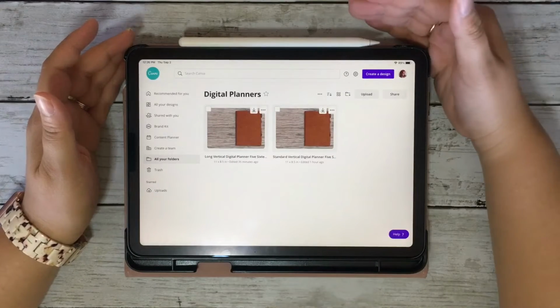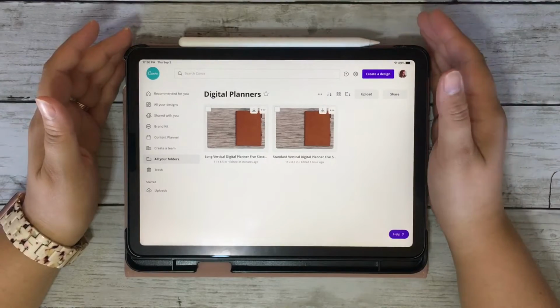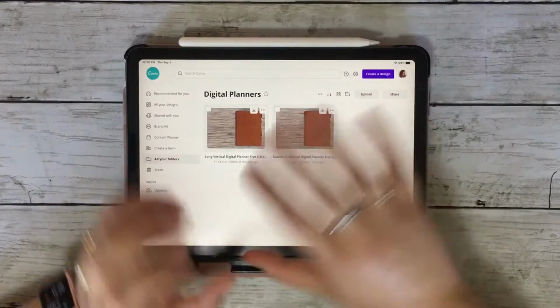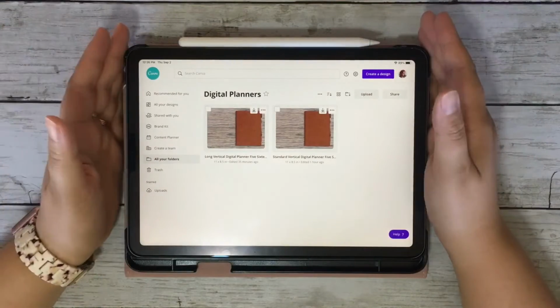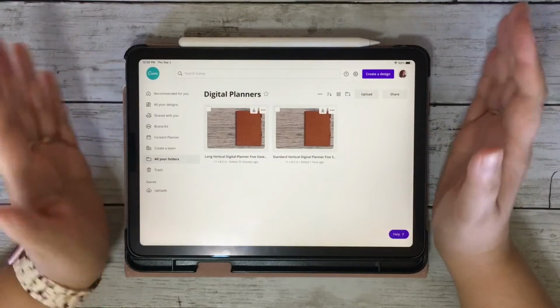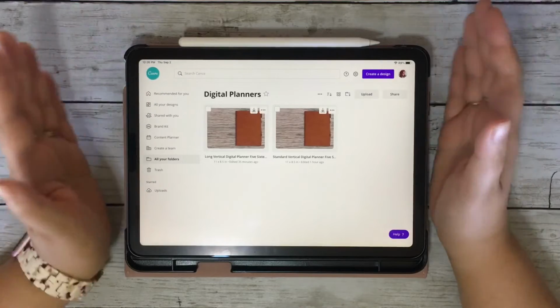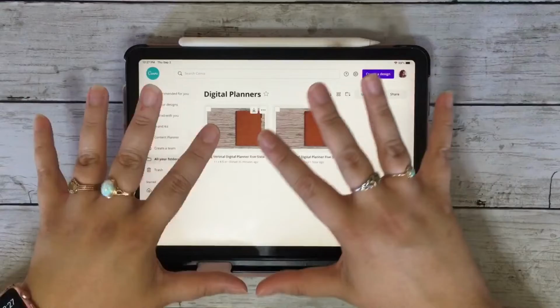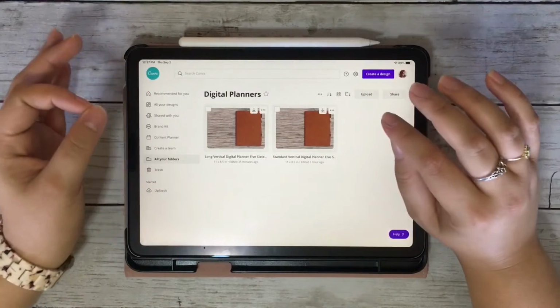And a lot of people do pay for the pro account of Canva in the planner community now, because we make dashboards and inserts and things like that. So I figured a lot of people do have Canva, and even if you don't, the free version is fine too. So I will say before we get started, and I'll go into this more, there are a couple of